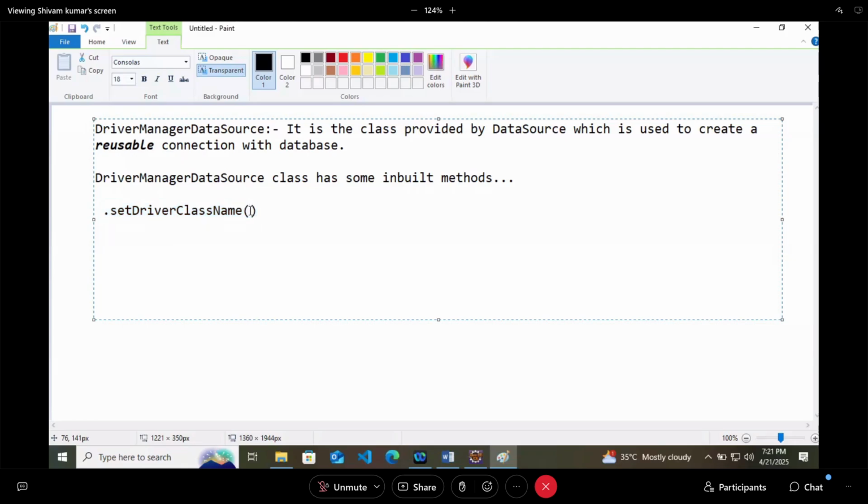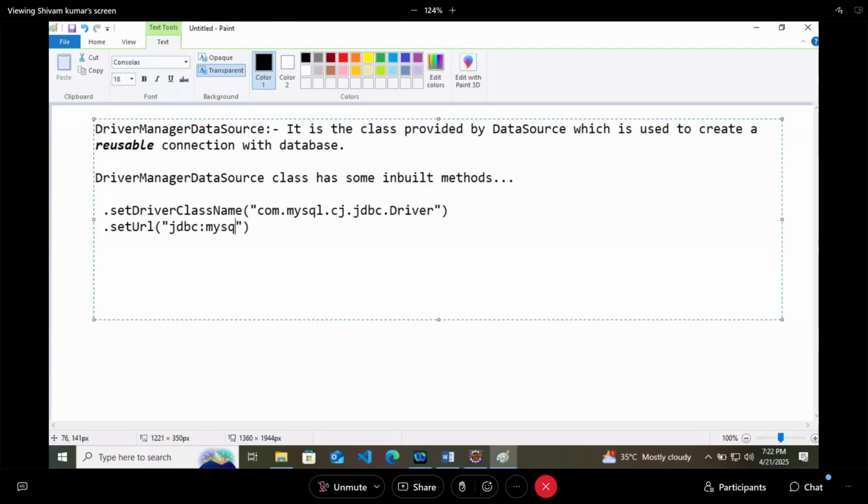Now, if you are on MySQL, that is com.mysql.cj.jdbc.Driver. This is the class name. It also gives you setUrl, and here you have to pass the URL of your database.